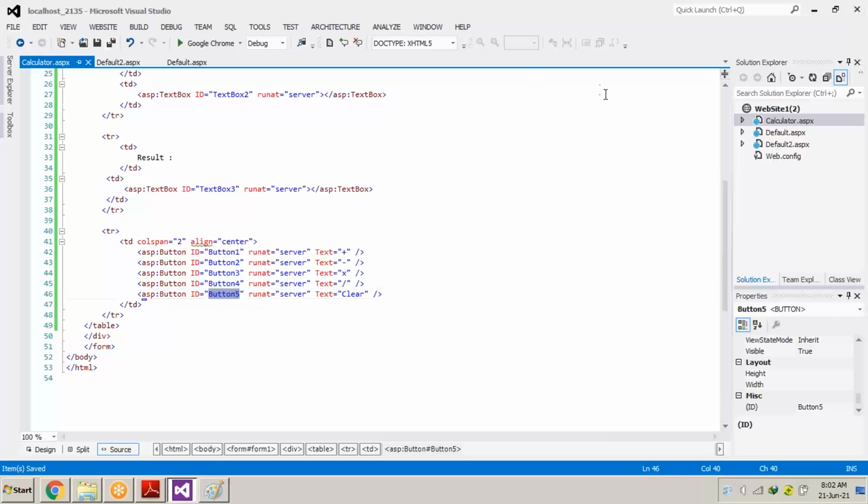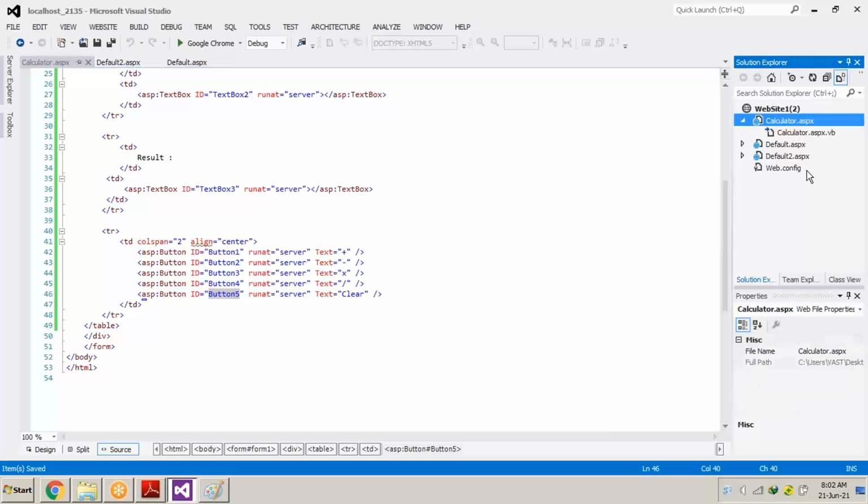So to open the server side window, when you create a project, you will find this kind of arrow over there, which is pointing towards the left hand side of every screen. If you click this arrow, you will see two parts of every screen. The first part will be calculator.aspx, and the second part of that particular screen will be calculator.aspx.vb. What is VB? VB is the server side language in which we will be writing server side code.